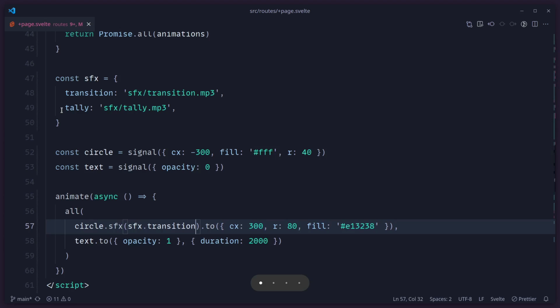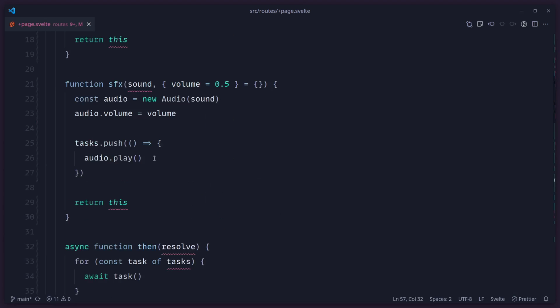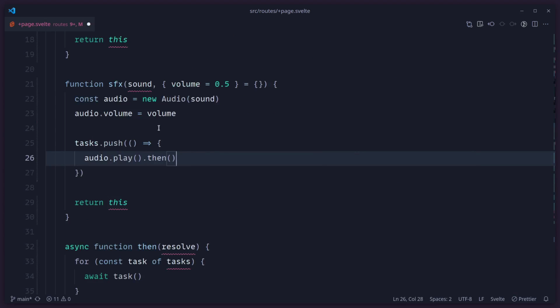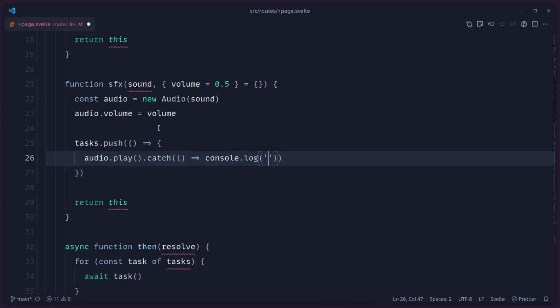And this error is confusing, so maybe we can make it nicer if we go here to our function. Let me see where it is. So this is also a promise, so we can say then, if this failed, actually not then, we can say catch for promises. And then we get the error, but I just want to put out a nicer error. So I'm going to say to play sounds, interact with the page first.